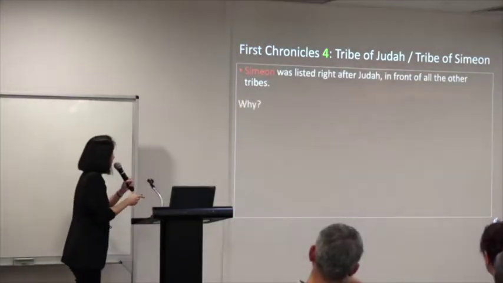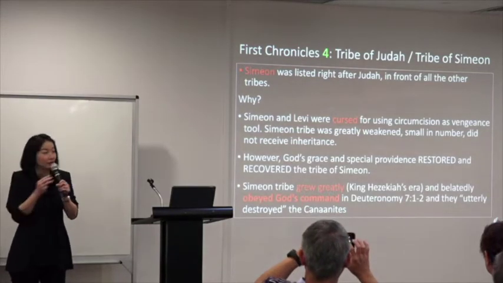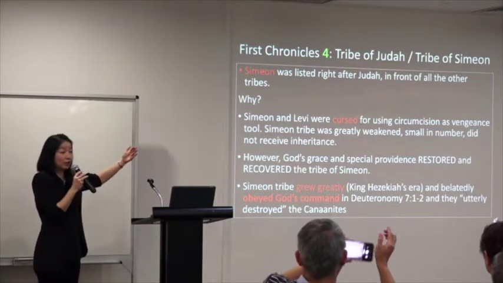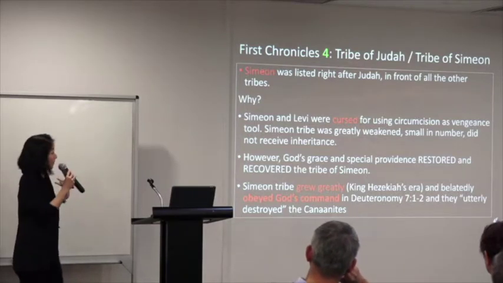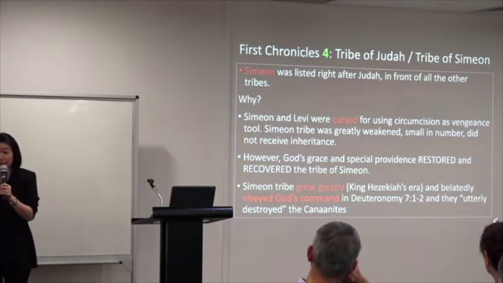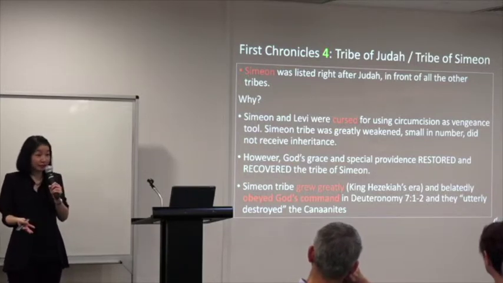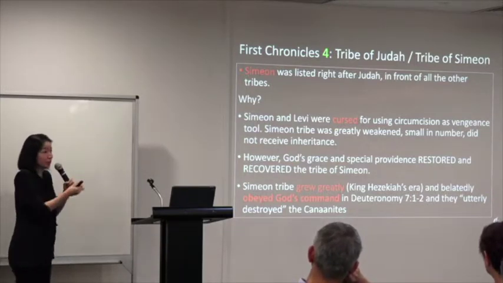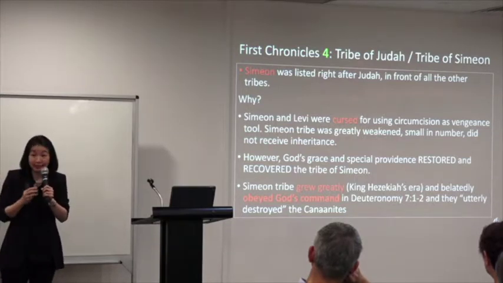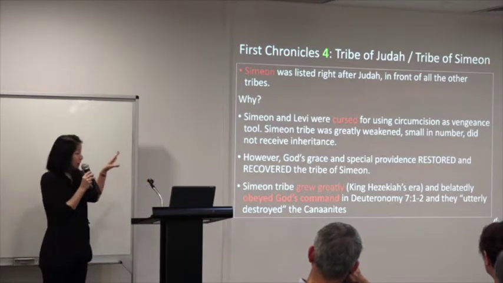So we have to look at Simeon now, right? We forgot about Simeon. Simeon was listed right after Judah when he is not the 5th son. So why was his name as a tribe listed ahead of birth order? There's a reason. Simeon and Levi were taken as cursed sons because they took revenge for the rape of their sister Dinah, right? And they used circumcision as a way to weaken the Shechemites so they could slay the entire city. Now, God cursed them. Not humans, God cursed them.